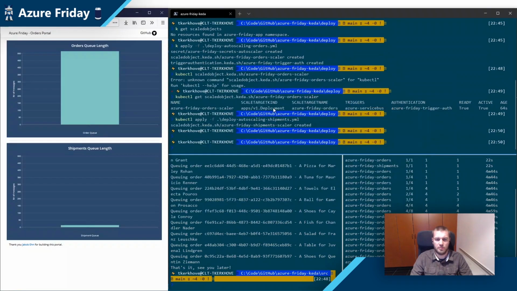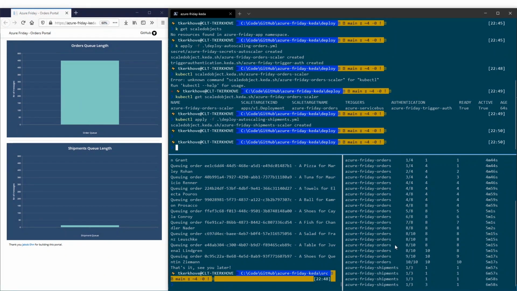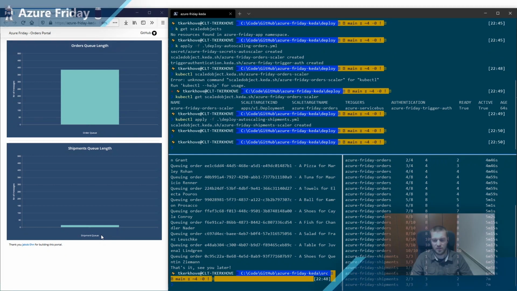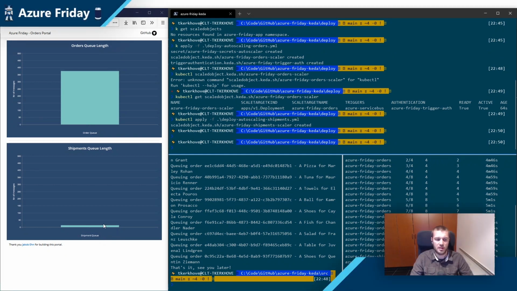I will apply this. You see that the queue is starting to shrink. And now with the scaled object for the shipments, we will also see an additional one if it kicks in. And it's starting to add up to 3, and then eventually it will add more and more of them. Now, if you've paid attention, Azure Functions is actually still pretty fast on Kubernetes as well, and it can already fairly keep up with all the shipments load, and you see how fast things are going down now.